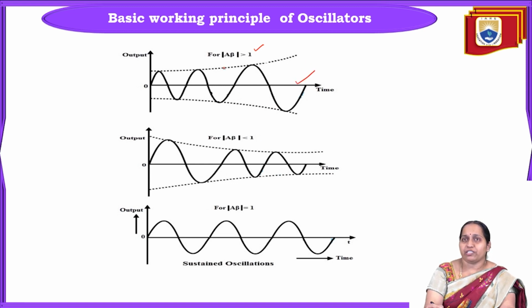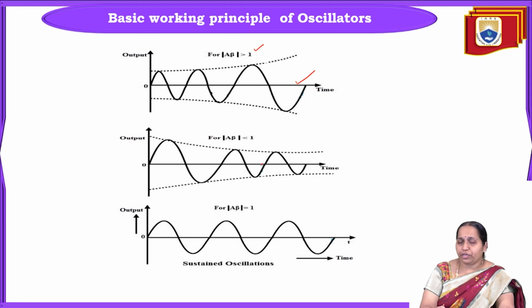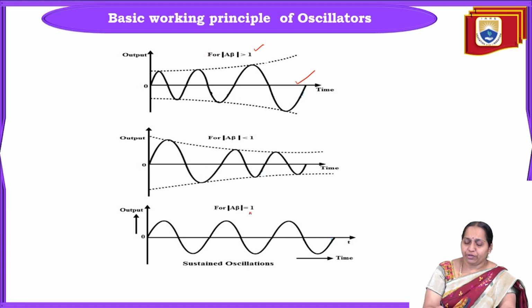As in this first case, modulus of A beta greater than 1, then the oscillations will have increasing amplitude. If modulus of A beta is less than 1, then we'll have oscillations with decreasing amplitude. But in general, what we want is oscillations with fixed amplitude and fixed frequency. So if you want oscillations of fixed amplitude, then we need to have modulus of A